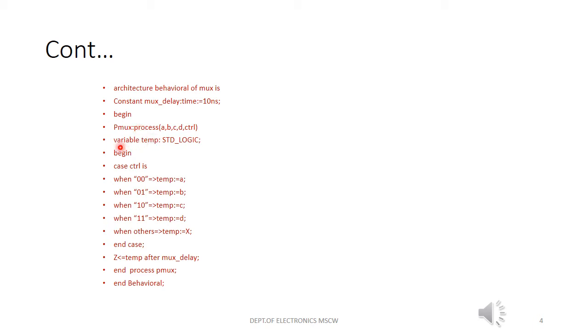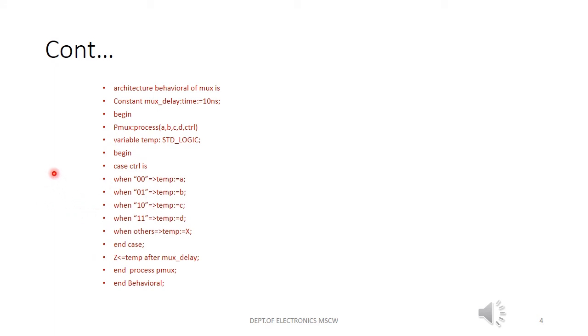Next, I want one variable that I will use in the control statements. That is variable temp, and temp is a variable of the type standard logic. Next, begin. Here we are using the case statement for the working of the multiplexer. According to the truth table we have to write the output.